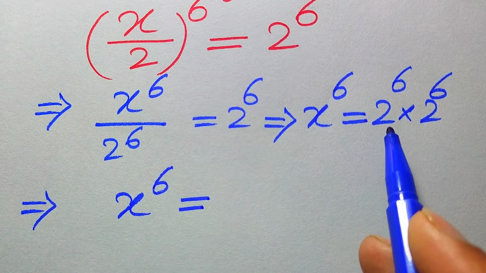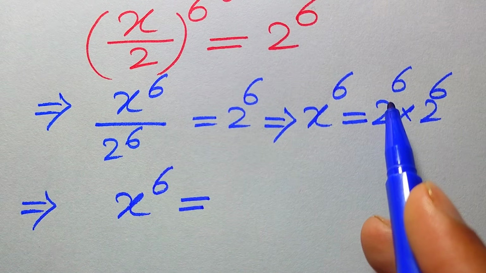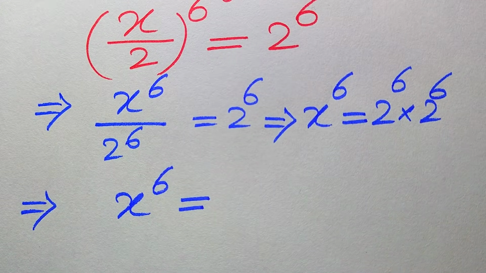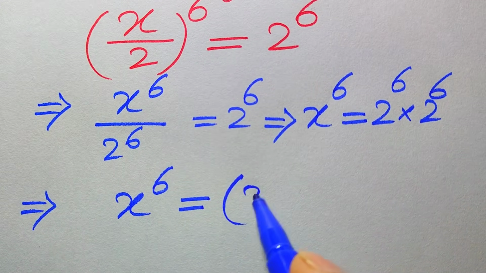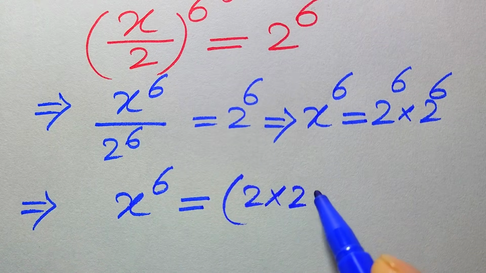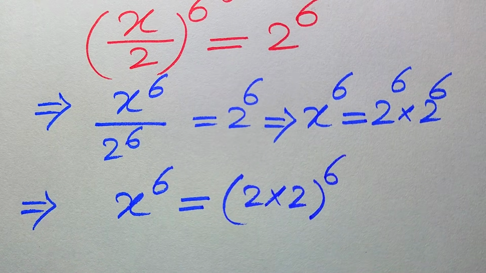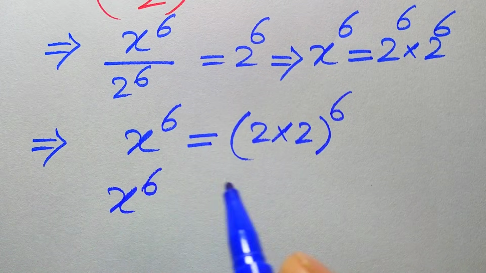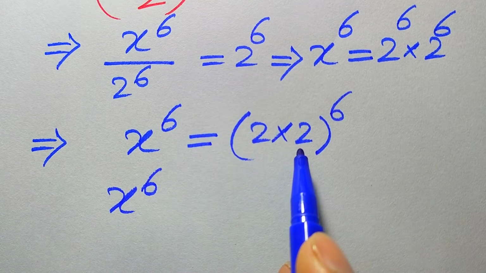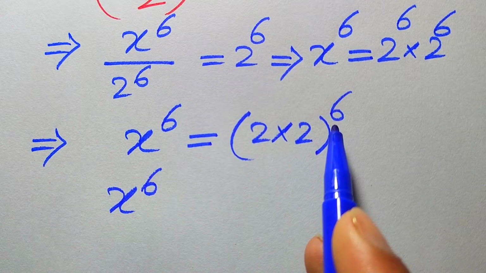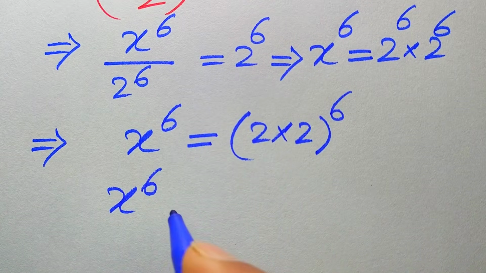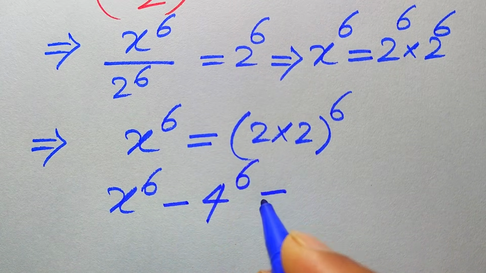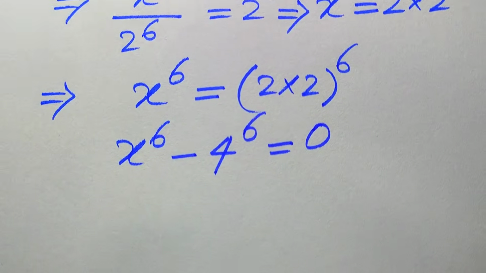on the right hand side you see that the exponent of both of these two terms is the same. So we combine the base of these terms, and it becomes 2 multiplied by 2, and its whole exponent is 6. So further we have x to the power of 6, and on the right hand side 2 times 2 becomes 4 to the power of 6, and we move this 4 to the power of 6 to the left hand side, and it becomes minus 4 to the power of 6,